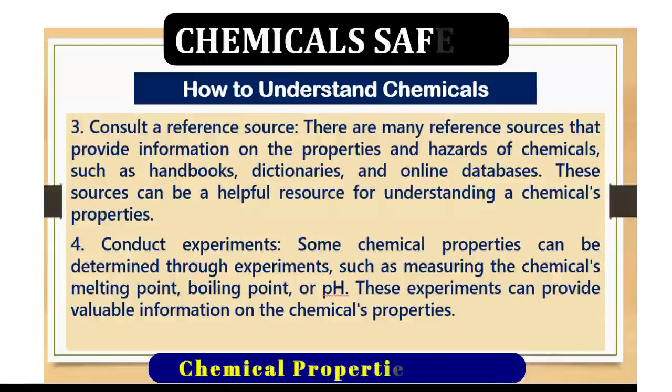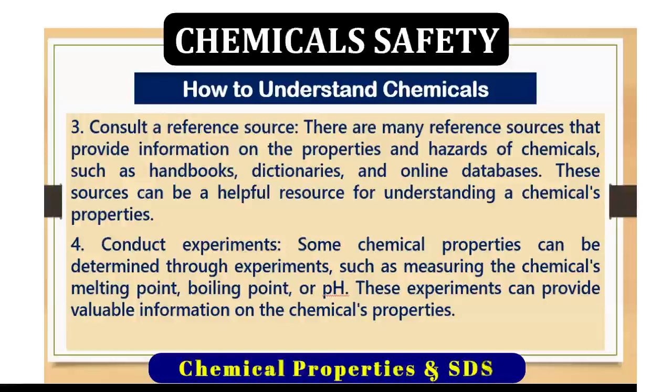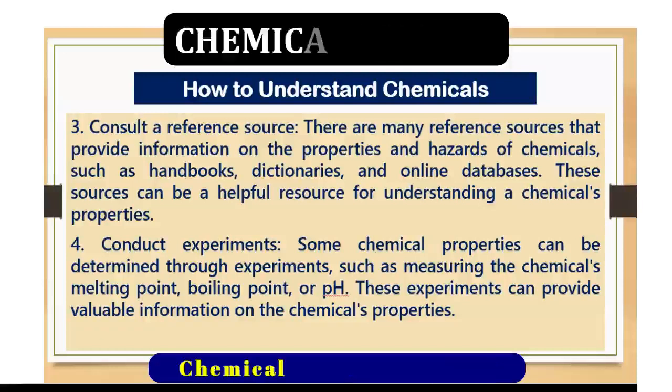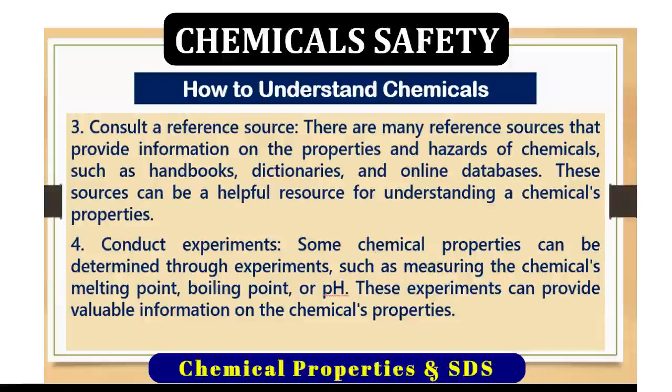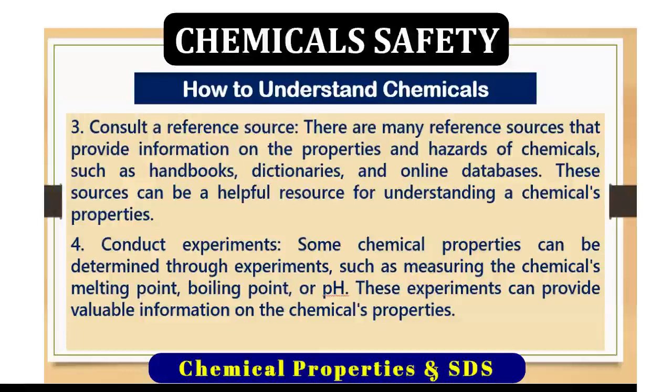The fourth way to understand chemicals is to conduct experiments. Some chemical properties can be determined through experiments, such as measuring the chemical's melting point, boiling point, or pH. These experiments can provide valuable information on the chemical's properties. But as an individual, as a worker, you don't need to conduct experiments. Maybe the experiment may harm you or cause an incident at your workplace,